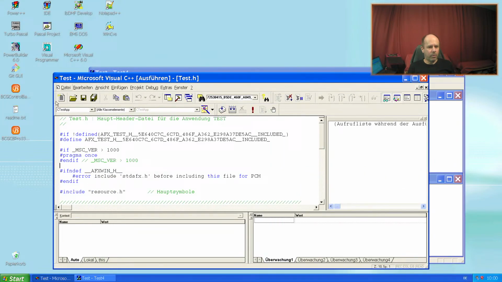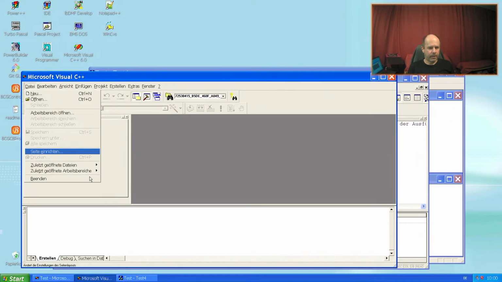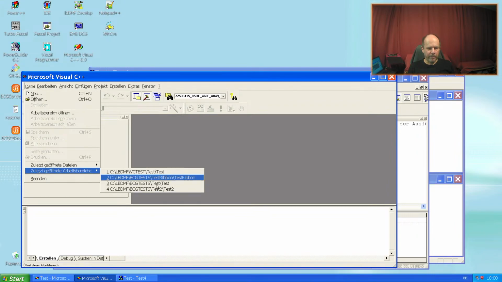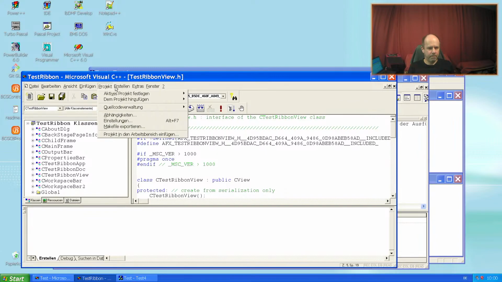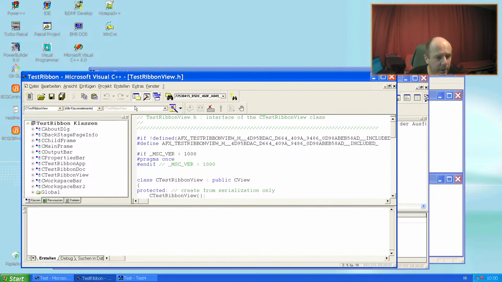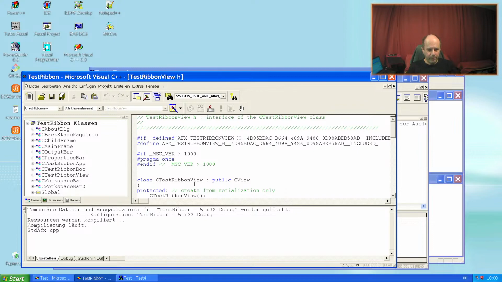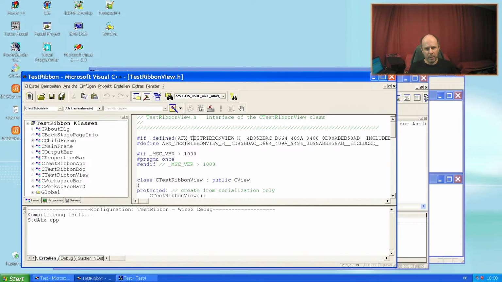If I go to the product I have purchased, I've made some test project, and alles neu erstellen. Yeah, some little errors here, 2 errors you can ignore.